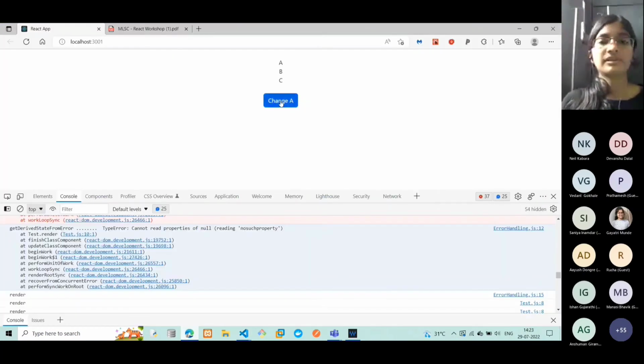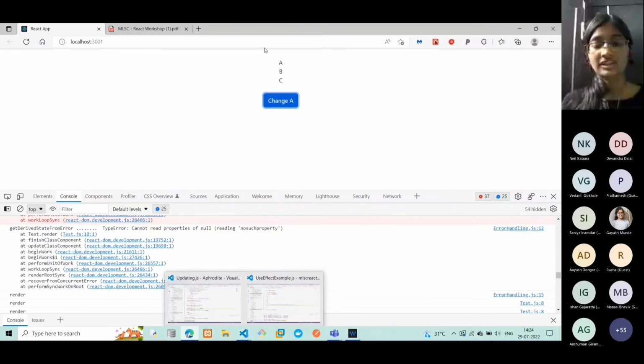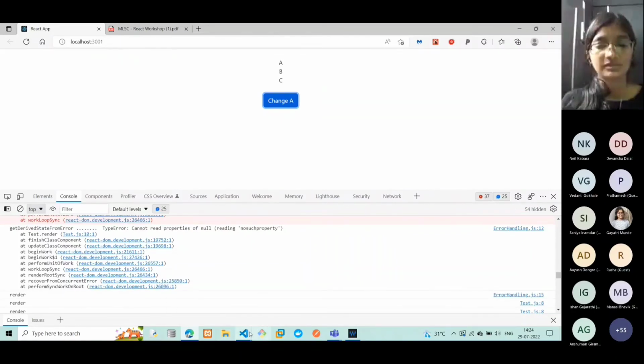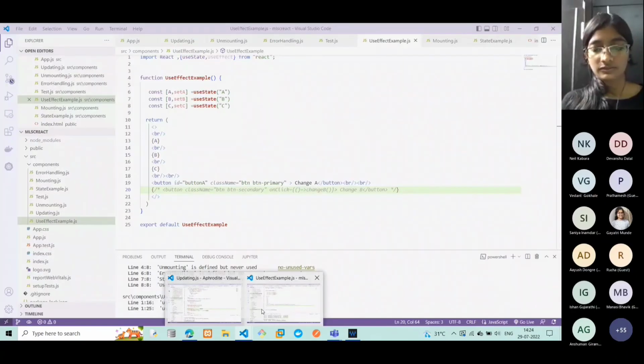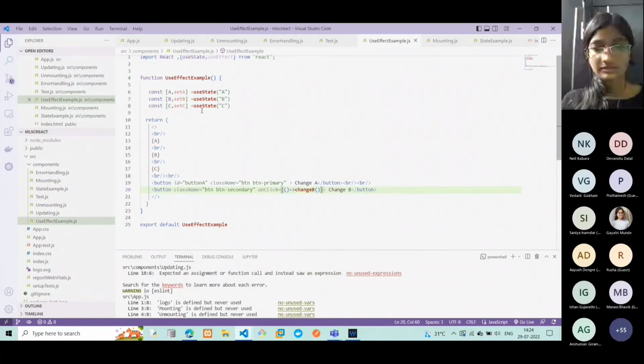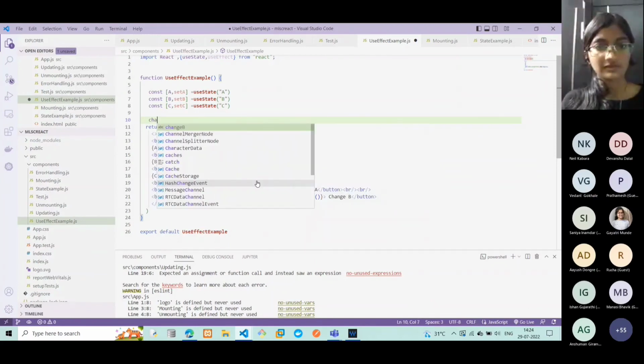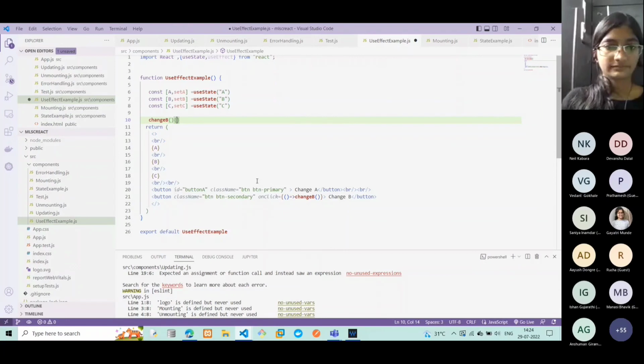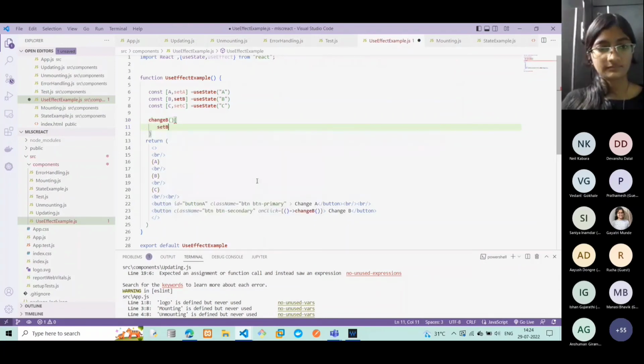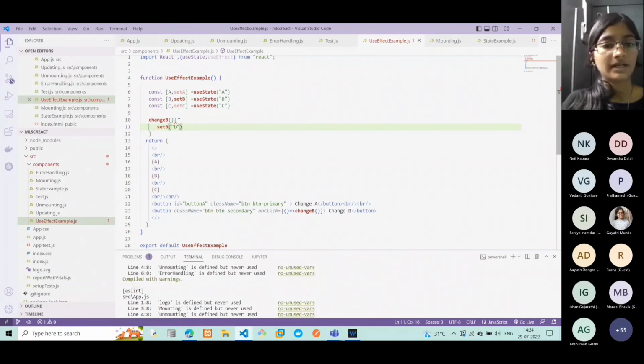So what I want to do is whenever I click on change A, and there is another button called change B, both of them should turn to the small letters. So I'll define those methods in here. Before that, I'll define the change first. So whatever you will pass in here,